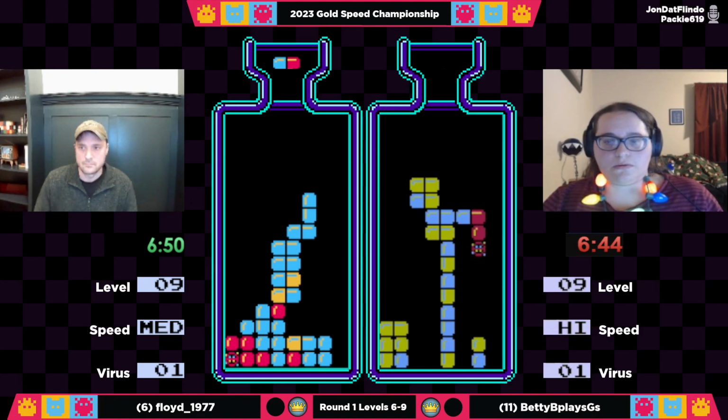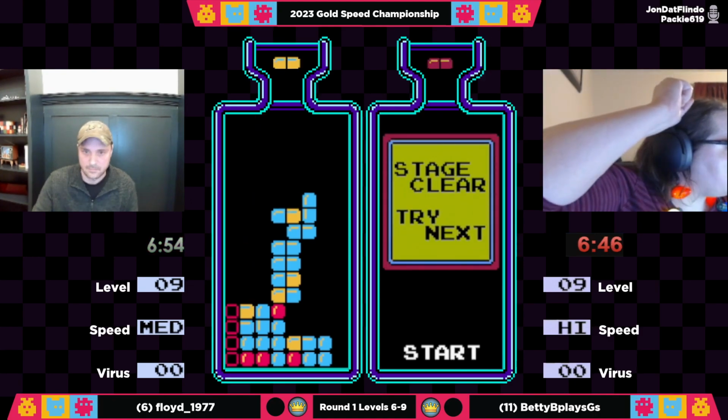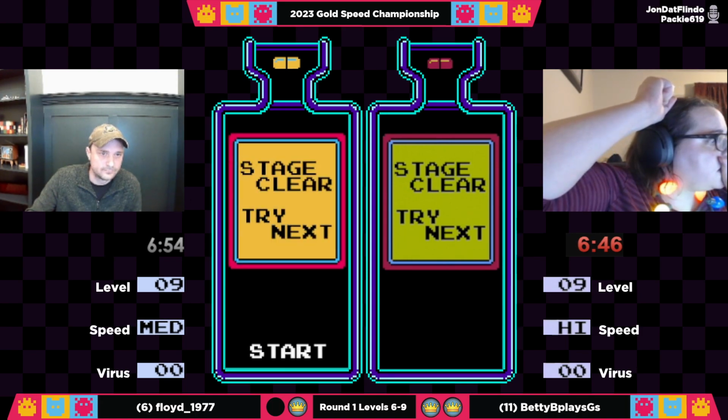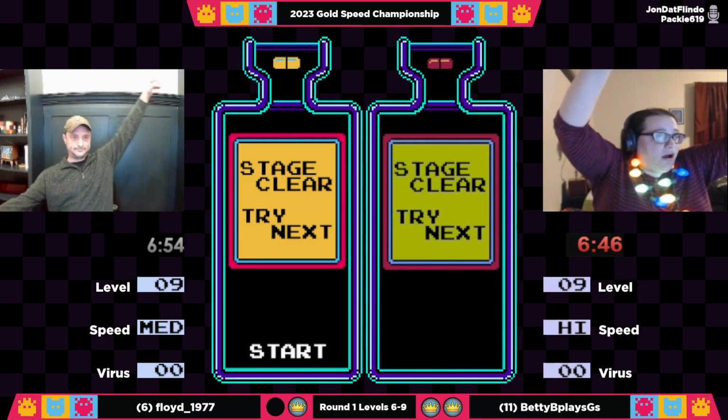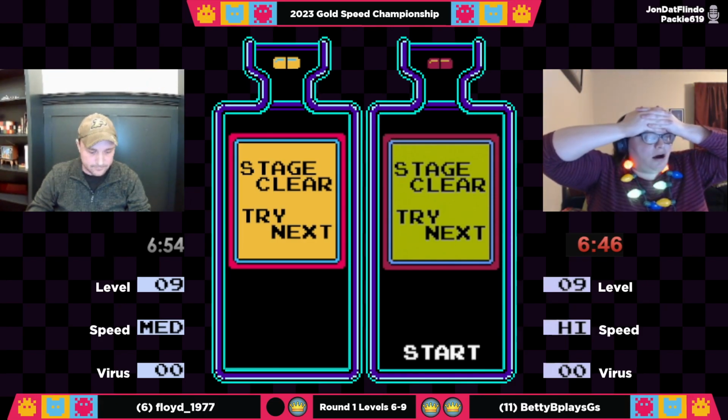Betty just needs 2 reds to pull this off. 646. She takes it. Floyd with a 654. Wow. Betty, for the first time in 5 meetings, takes down Floyd. She will move on to round 2. She cannot believe